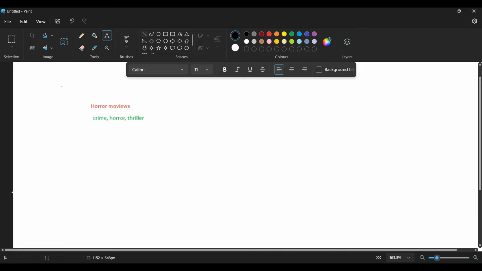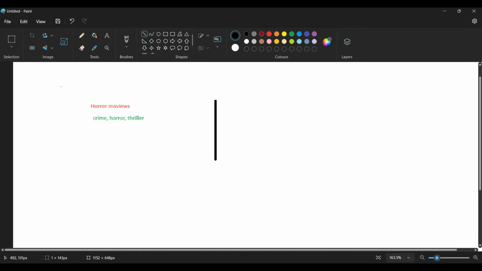Okay, I'll draw a line. It's been long since I have used MS Paint, so I am not quite sure how to do lines and everything. Anyway, turned out pretty well. Okay, and for the sake of explaining things, let us just imagine that our sentences are converted to these vectors. It is not the case, it will be converted to a vector in a really high dimensional space, but we are doing it in a 2D space here. So imagine this is the embedding. Our sentence will be converted to an embedding, which is basically a vector.